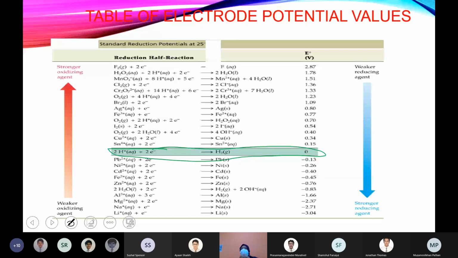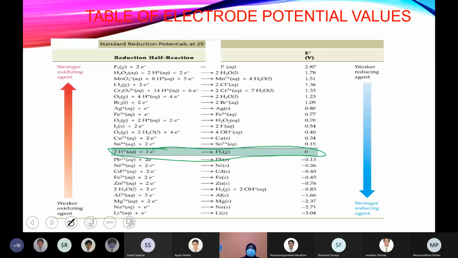Now we have to discuss what this positive and negative sign in the electrode potential indicates. What is the importance of this positive and negative sign? That means a few of the half cells are more positive than standard hydrogen and some are negative compared to the standard hydrogen electrode, which is at the center with 0 volt. So what does that mean? Positive and negative tell us about their ability to undergo oxidation or reduction.